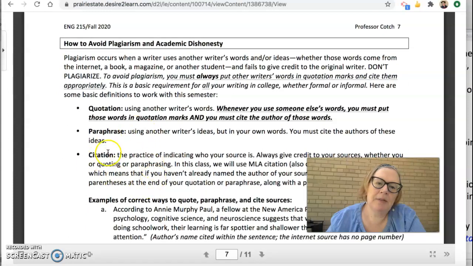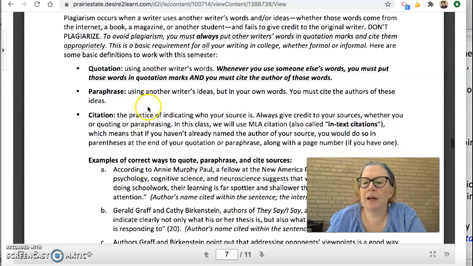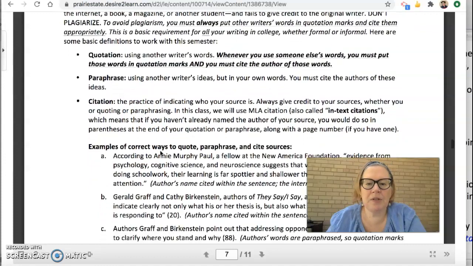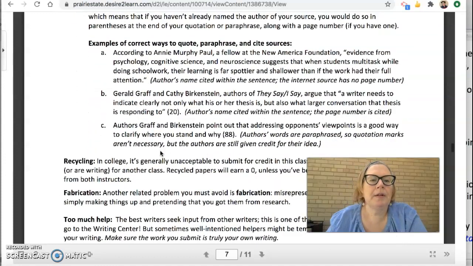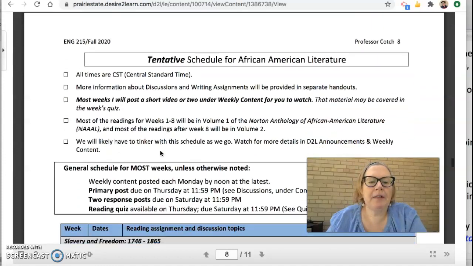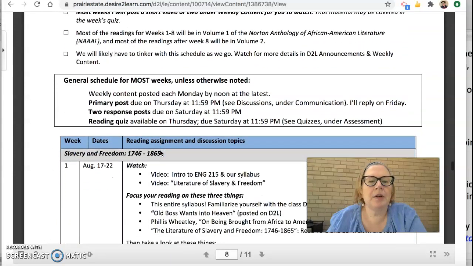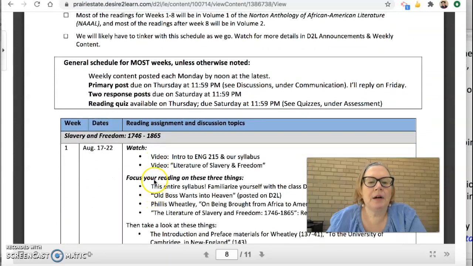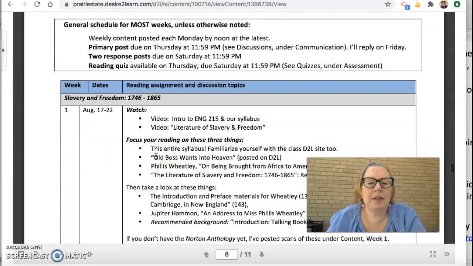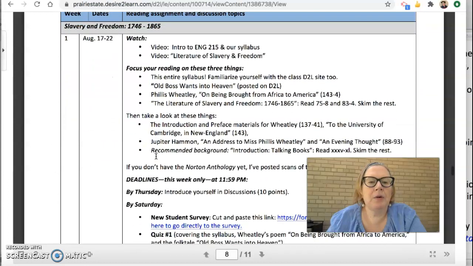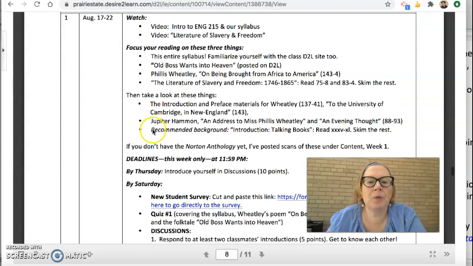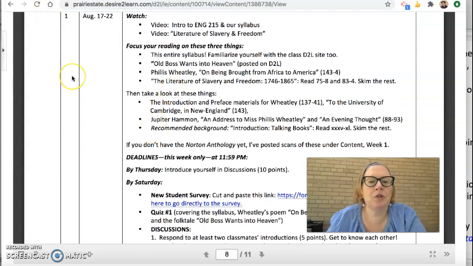It's pretty easy to find plagiarism, so make sure when you post on D2L discussions that you're posting your own words and not something you cut and pasted from some crappy website. And then finally, our tentative schedule is here at the end. This is likely to change depending upon how our pacing goes, but here is the information you'll need to know for this week, the things that you need to do.